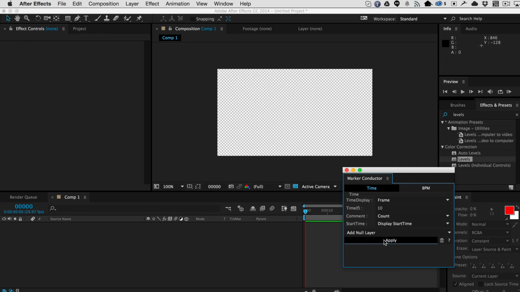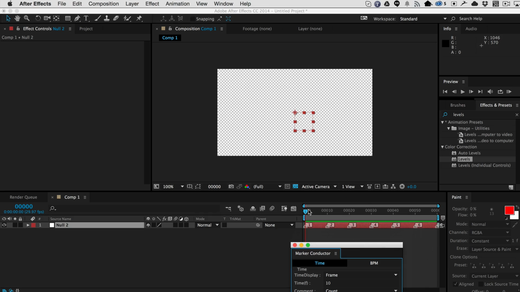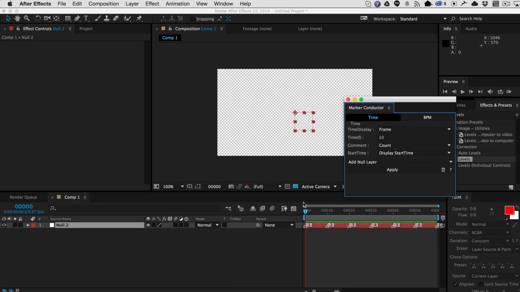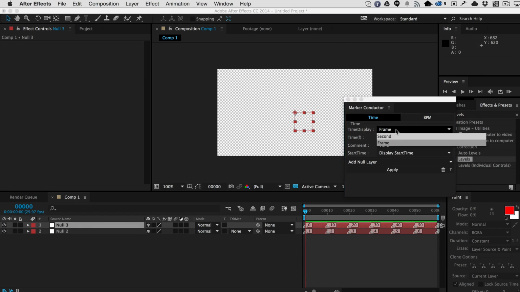So we'll just create a new null layer, and you'll see here that every 10 frames you have a marker, and the comment has the count. So if we change this, for example, to time, you can see here that now it says, okay, that's 10 frames, 20 frames, 30 frames. And then if you change it to seconds and say do it every 1 second, and say you do it time and unit,